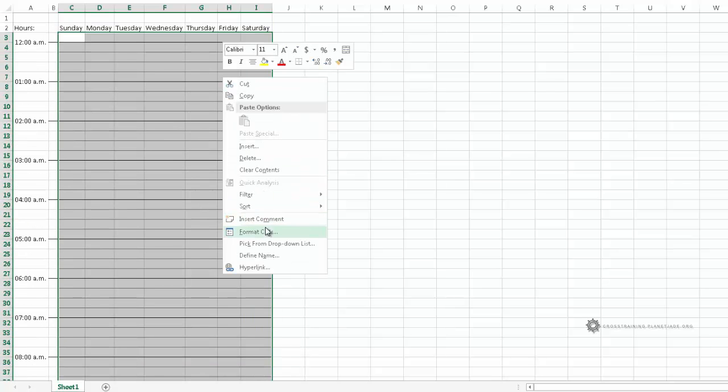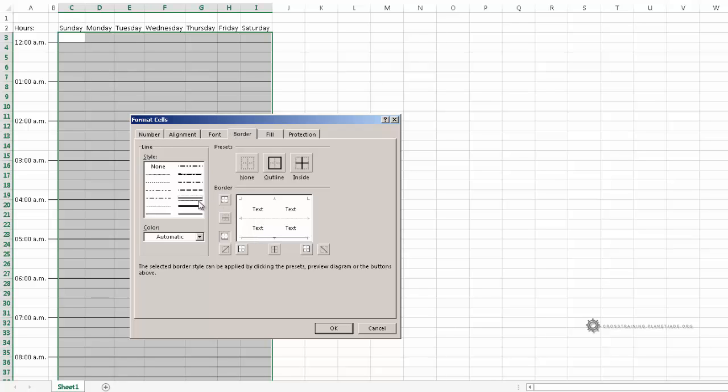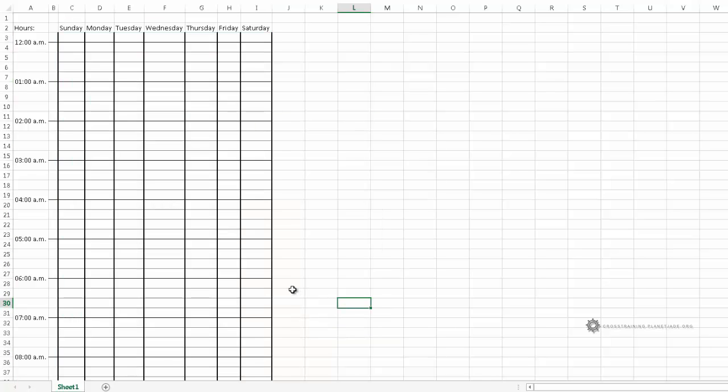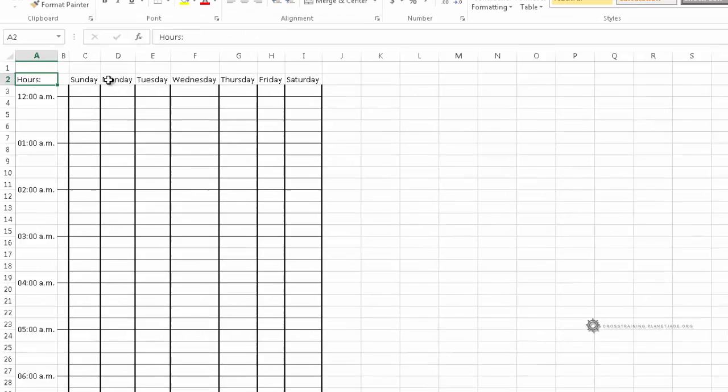And I'm just going to right click here and go to Format Cells, and maybe I'll use a little bit bolder line for these vertical ones. Make the calendar read just a little bit better. And one thing that might be helpful is if I can get this top area to kind of stand out